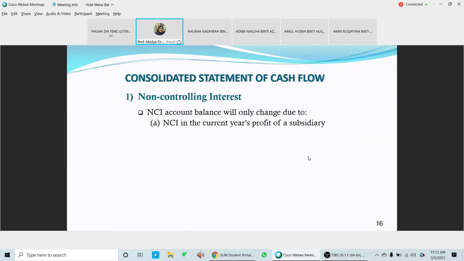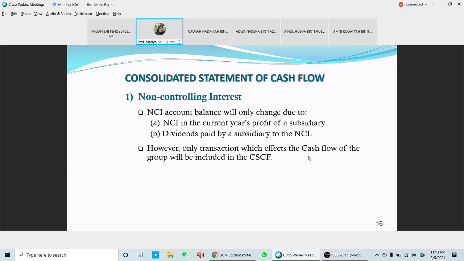Okay, for the first one, NCI, we look at the NCI. So the NCI balance will be changed due to the changes in the current year profit, the NCI share of the current year profit, and then dividend paid by a subsidiary to the NCI. Only two items are going to affect the NCI: current year profit and then dividends paid by the subsidiary to the NCI. Okay. However, only transactions that affect cash flow of the group will be included in the